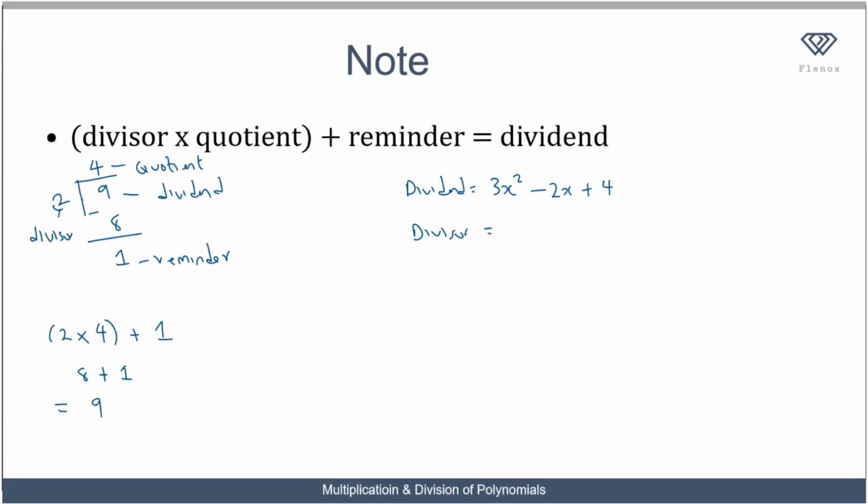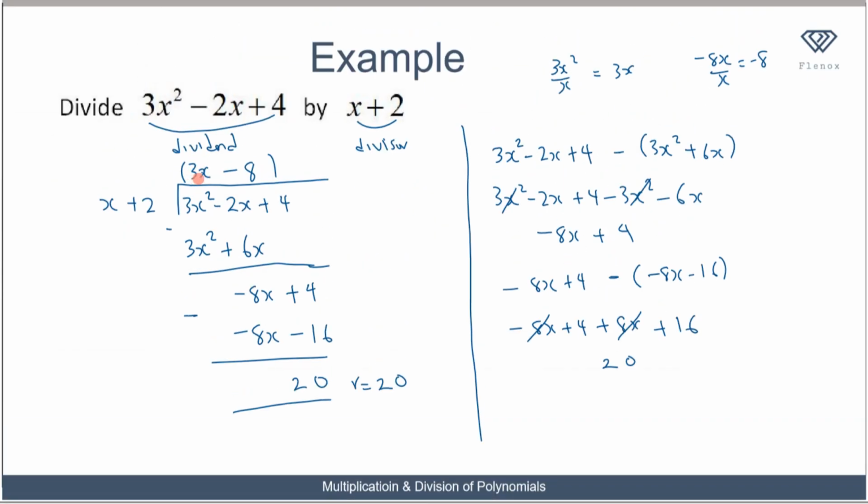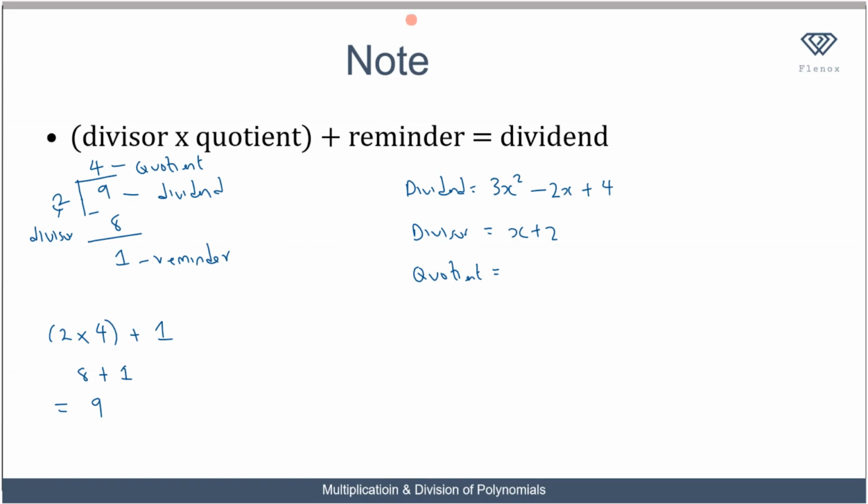So our divisor here is x plus 2, and our quotient is 3x minus 8. And our remainder is 20. So we can apply this formula: the divisor, x plus 2, multiplied by the quotient, 3x minus 8, then plus the remainder, plus 20, must be equal to